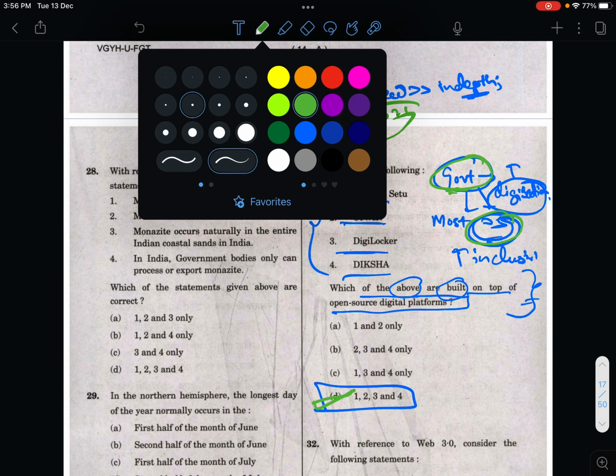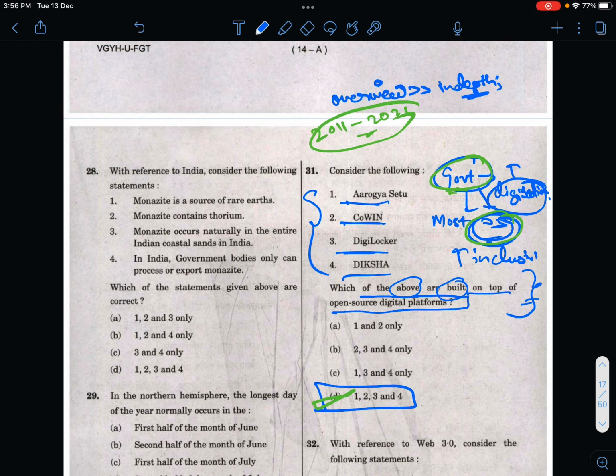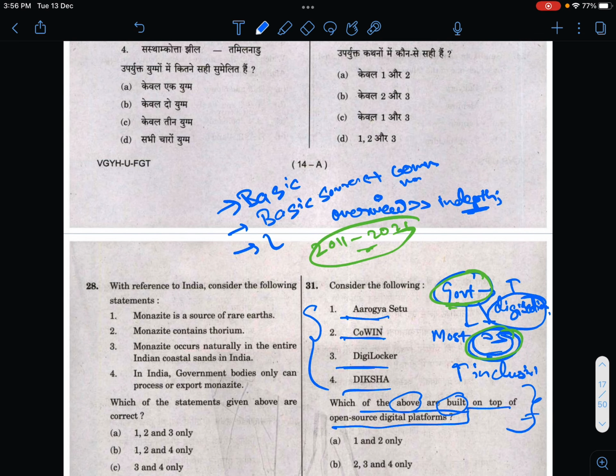So you're seeing, the moment you see the question, you should be able to bucket it in one of three categories. Either the question has directly come from a basic source, or the question has come from a basic source but requires a little bit of application of common sense, or it is directly a logical reasoning question.